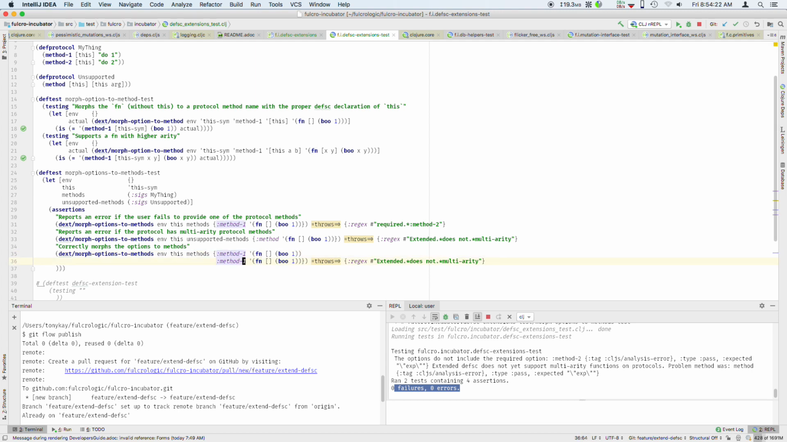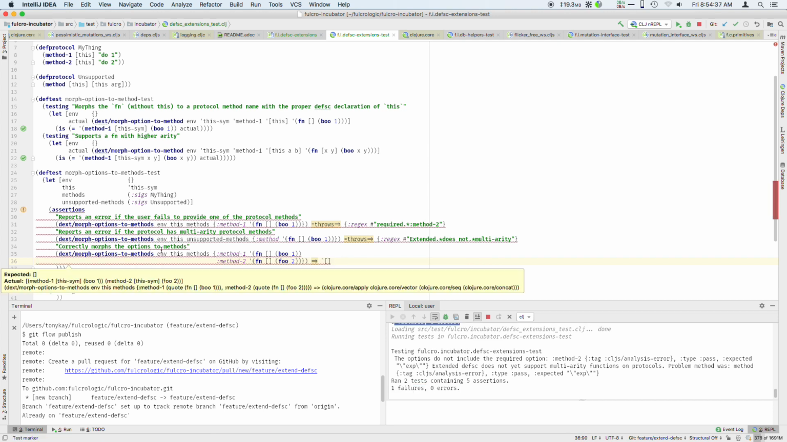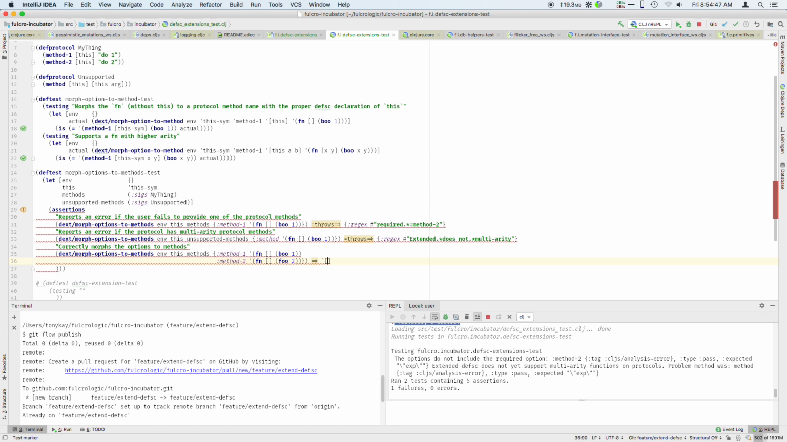And method 2, and this should not throw. This should give me back a literal form, and I can run this and see what I'm actually getting back. So I'm getting back method 1 and method 2, so that actually looks right. So I'm going to get back, let's do this as a regular quote, not a syntax quote. I don't want it throwing symbols in on me. So I should end up with method 1, which takes the this sim